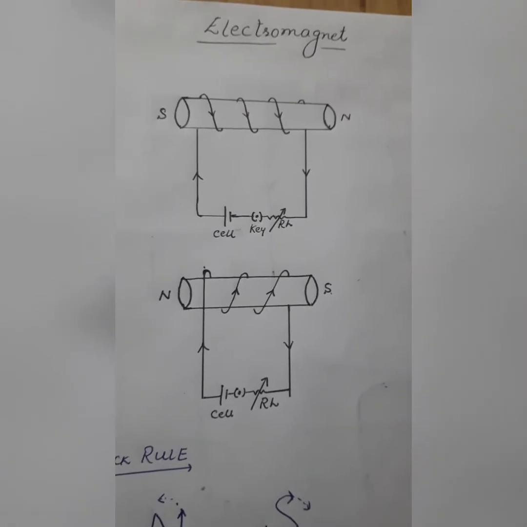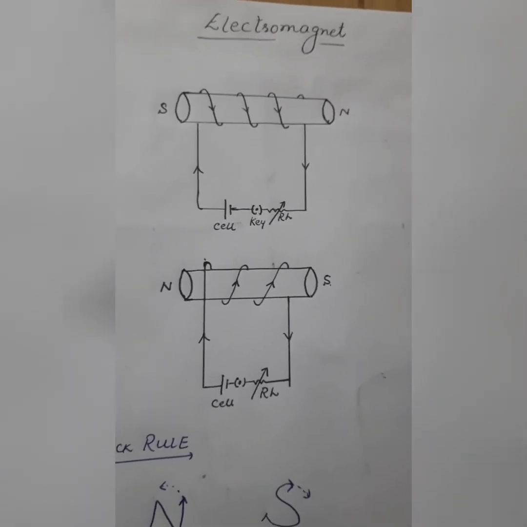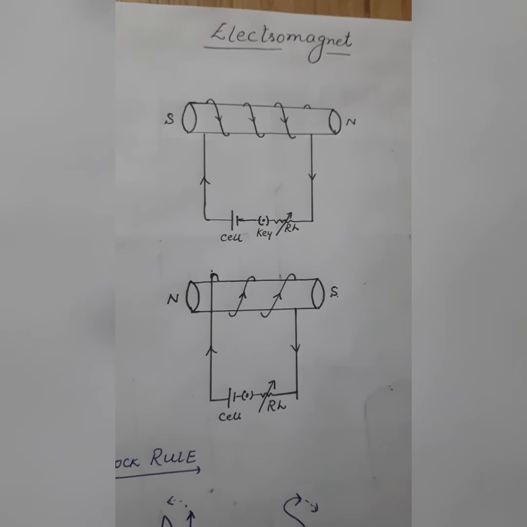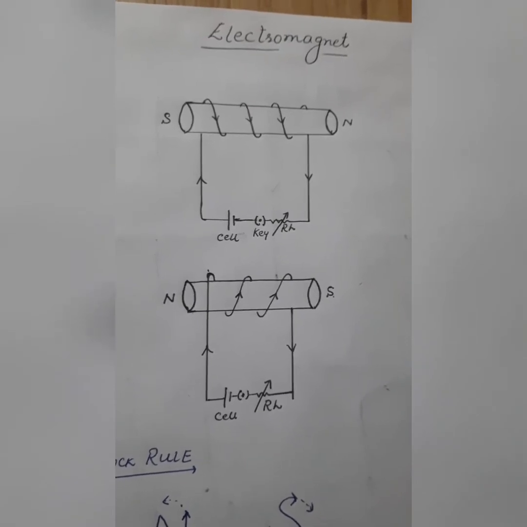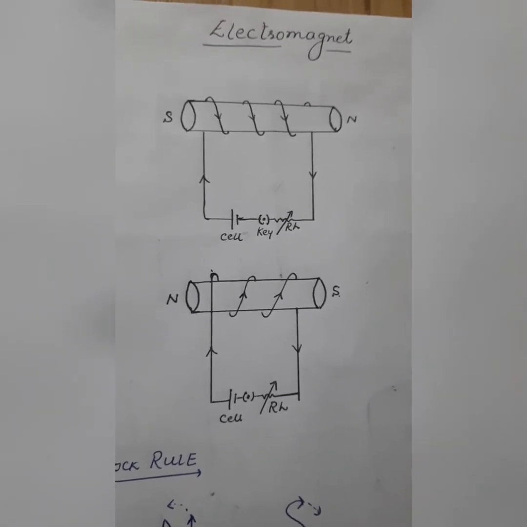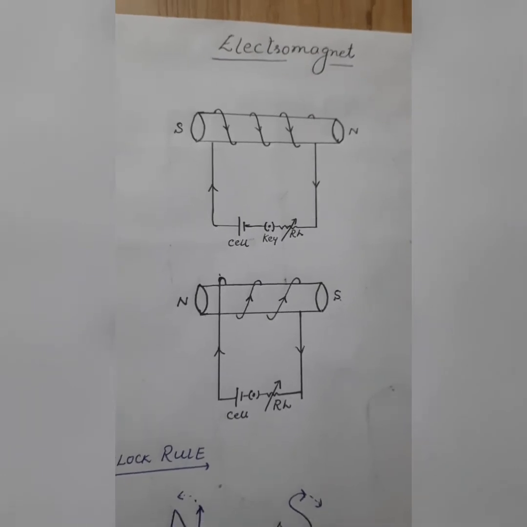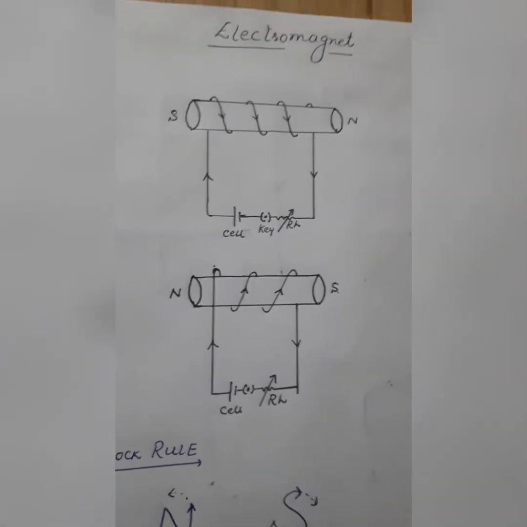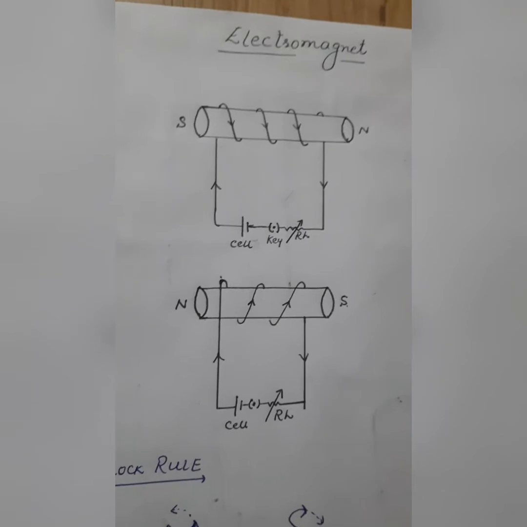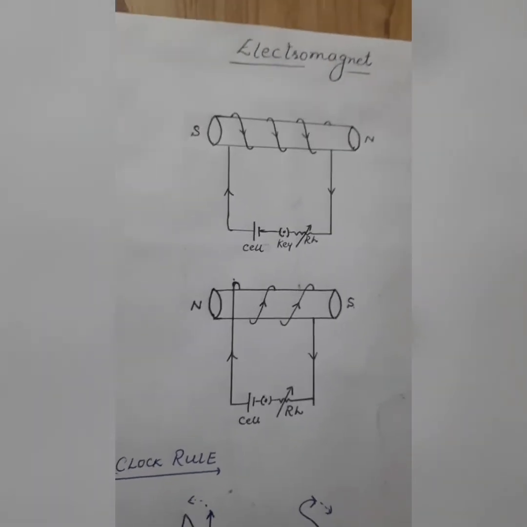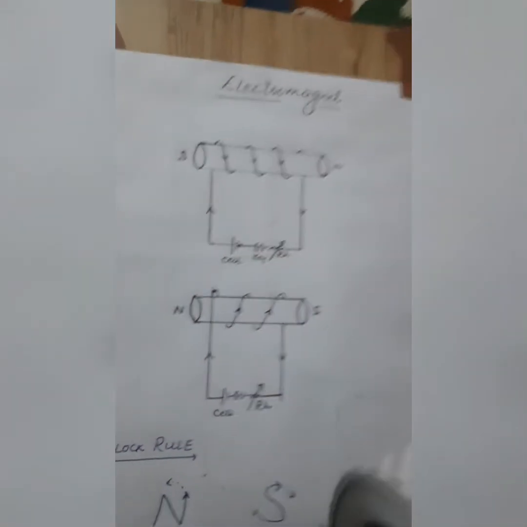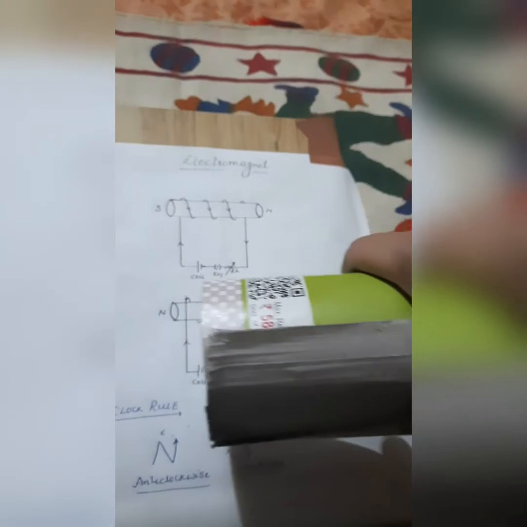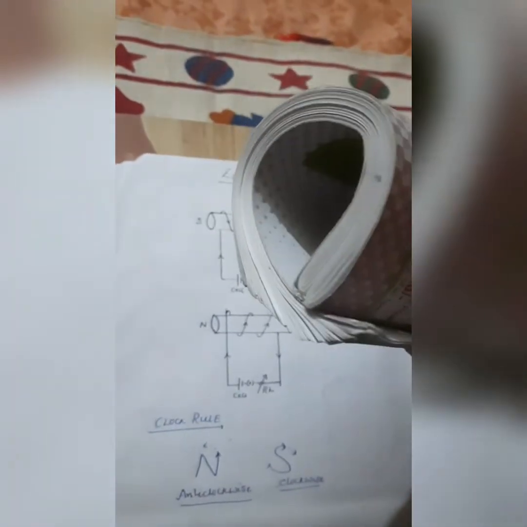Next topic is the electromagnet, a very important topic. In this case, again we will use the same effect, that is the magnetic effect of current. Means when current passes, a magnetic field is produced around it. This is the third concept related to this effect, that is the electromagnet. In this, what we have to do is take one cardboard, and we will fold that cardboard in cylindrical form like this. I simply take one cardboard and round it in cylindrical form like this.